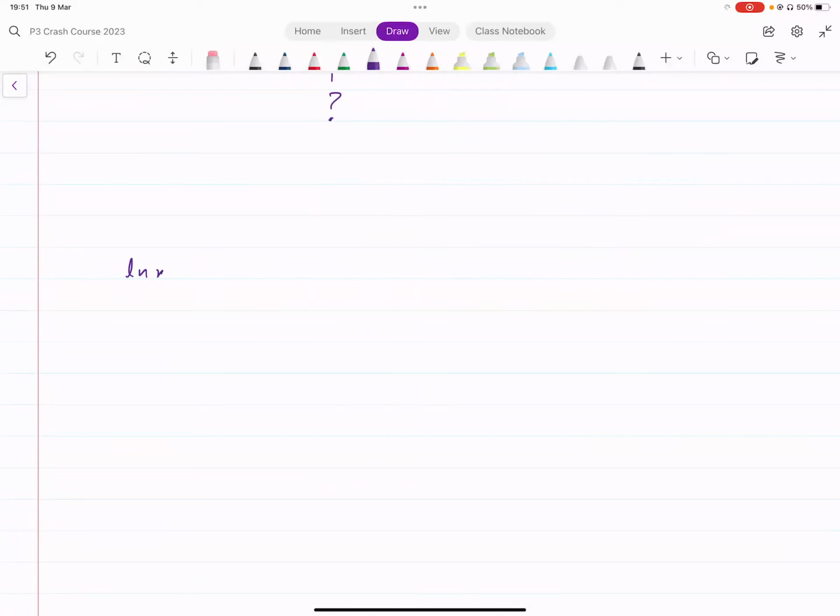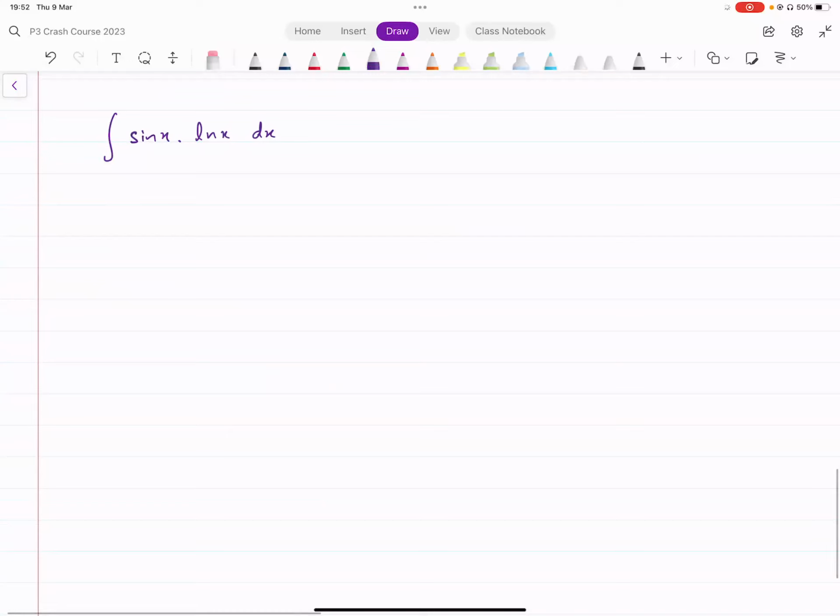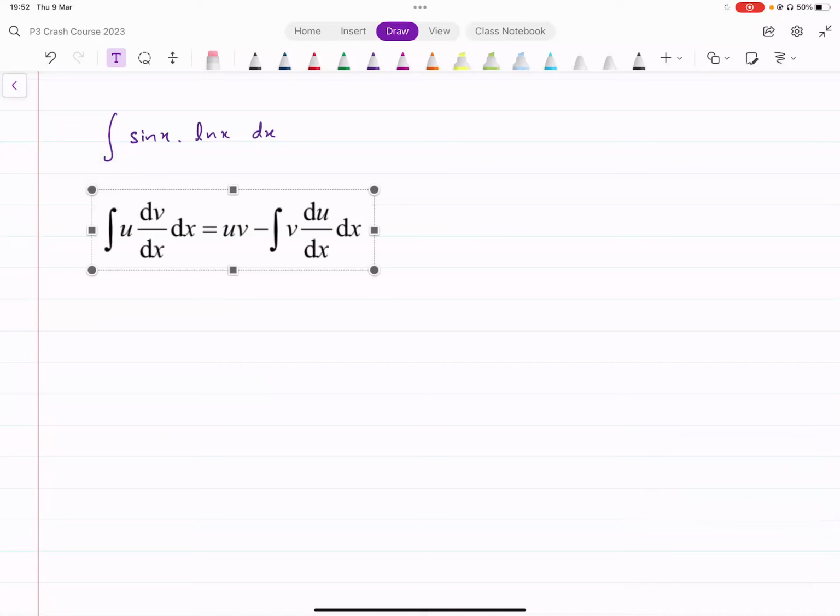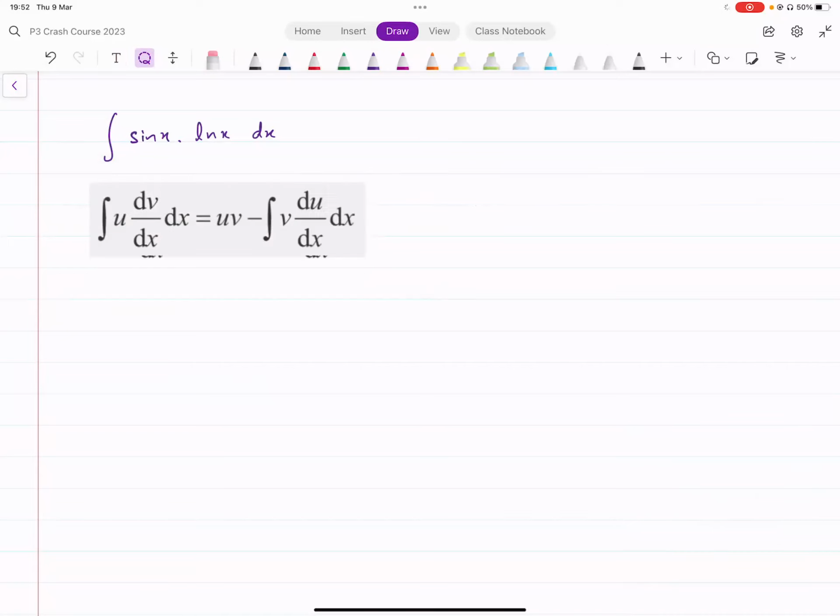Let's say you have sine of x into ln of x. Let's say you want to integrate this. Now, in this case, if you choose sine x as u and ln x as dv over dx,